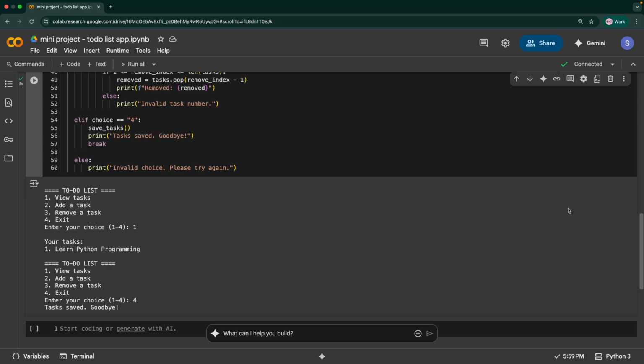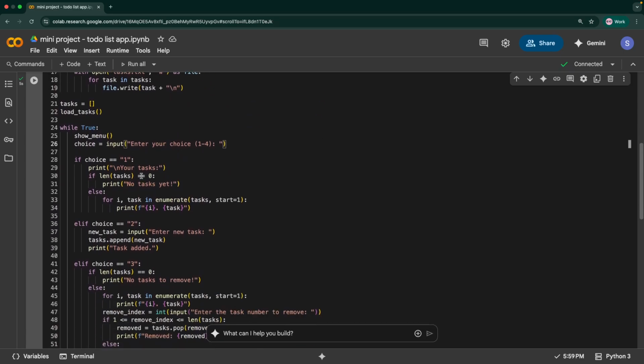So let's try to understand this. The option 1 that we have is view tasks. In this case, if the user chooses option 1, we print all the tasks because it is for viewing the tasks, right? If the list is empty, that means at the start of the session, or if they have removed all the tasks, then the list would be empty. So we show a message saying no tasks yet. Two cases: at the start of the application, when there are no tasks available, it would show no tasks yet, or if they have removed all the tasks, it would show that.